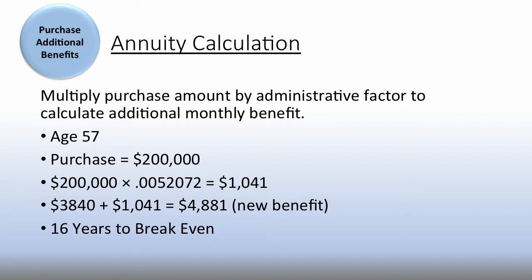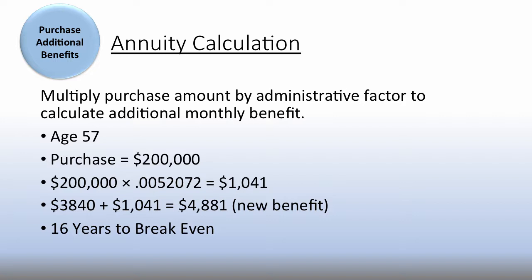until the point that I die. Now I've done the math, and no matter what you're buying, at any age, the break-even point is almost always going to be right around 16 years, sometimes a little bit less, 15 point something. It's almost always 16 years every time I've done the math. I think I've got to 14 years once, but it's almost always right around 16 years. So that means if I put in $200,000 and I take it out $1,000 at a whack, in 16 years I'm going to have recovered my initial investment. In this case, 57 plus 16, I'm going to be at 73.